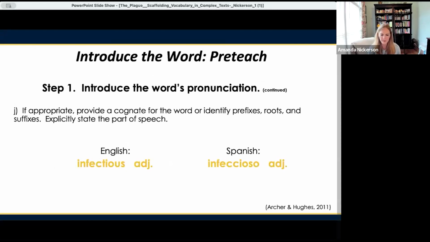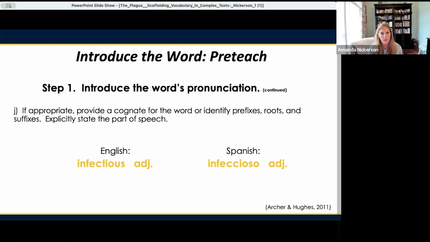So the next step in the process, once I've had them pronounce it, maybe break it up into syllables, is to introduce the word's meaning. So I will do that. And if I need to, I'm going to provide a cognate for the word. So again, there's infectious and infeccioso in Spanish. And so I would draw connections across those two words explicitly for my English learners, and perhaps explicitly state the